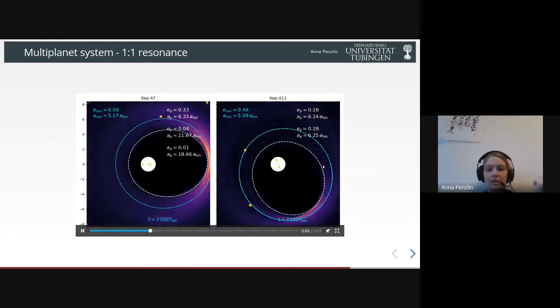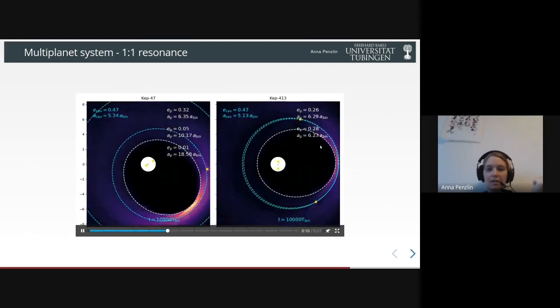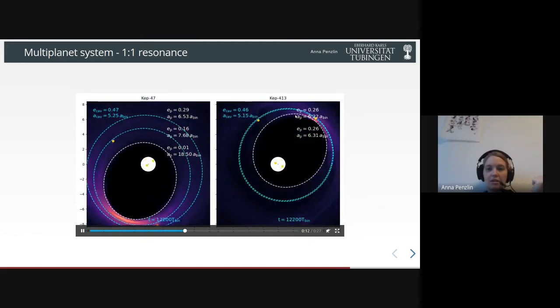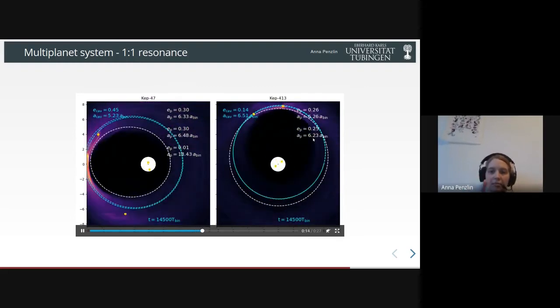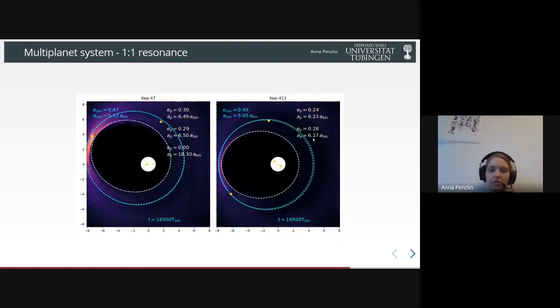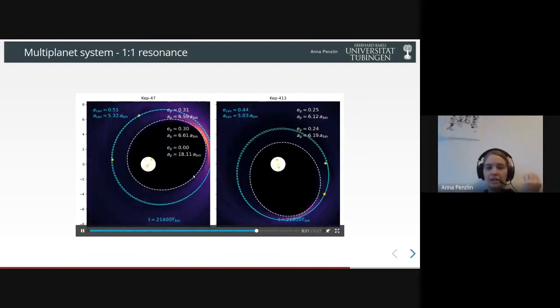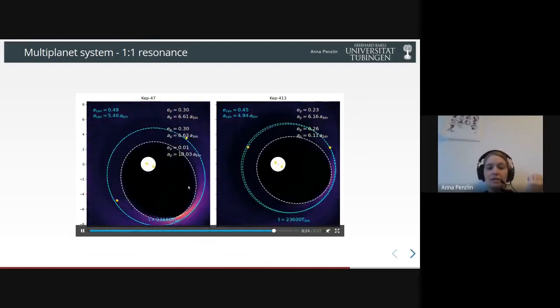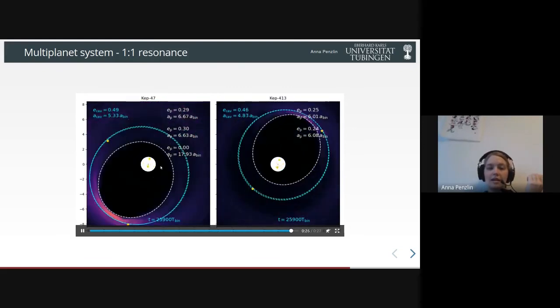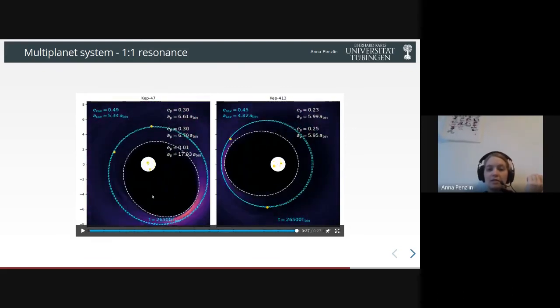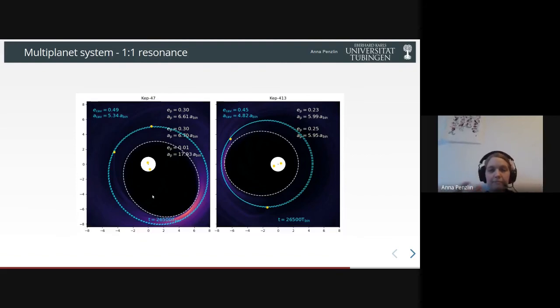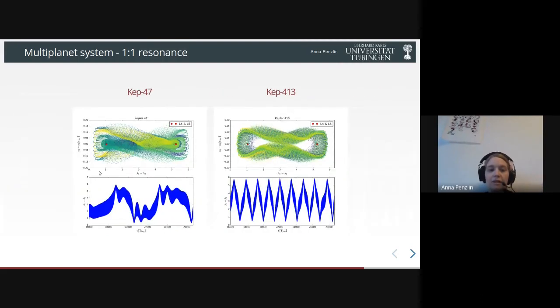Now these two got into resonance, and you can also see that the orbits are crossing each other a slight bit over and over. Now, the second simulation has done the same. You also see that these orbits stay again aligned with the cavity. So they are bound to the motion of the disk as long as the disk is there. If you look at it in the mean motion,